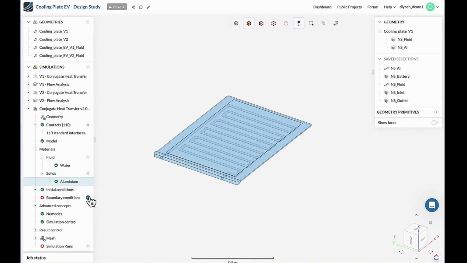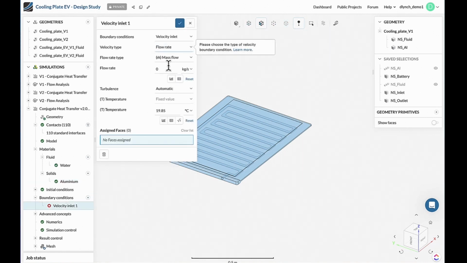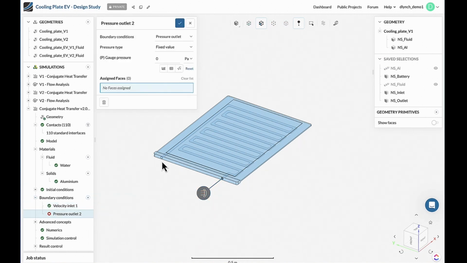Boundary conditions. We're not doing much here that's complicated. I'm going to say a velocity inlet, that it has a flow rate, and we're applying that to the inlet boundary. Very simple. We're going to fix that at 18 degrees Celsius and save it. Where does the fluid come out? So in CFD, we'd like to tell the solver not only where the fluid's going in, but where it's coming out. And that's the basics of boundary conditions for CFD. So we're going to have a pressure outlet and we're going to assign it to that face here.